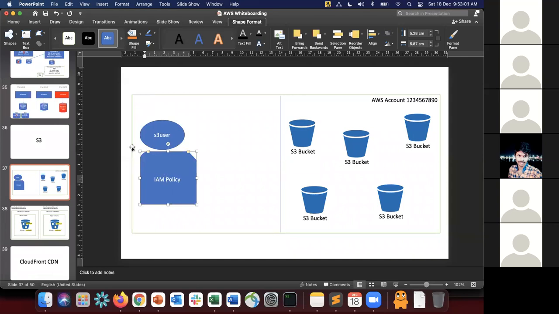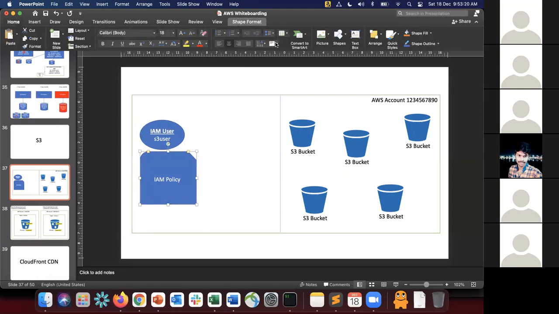IAM policy, right? This is an IAM user. Everything is an IAM user at the end of the day, because an IAM user is the principal which can access your AWS account. So this is an IAM user, and the IAM policy that is attached to my IAM user is